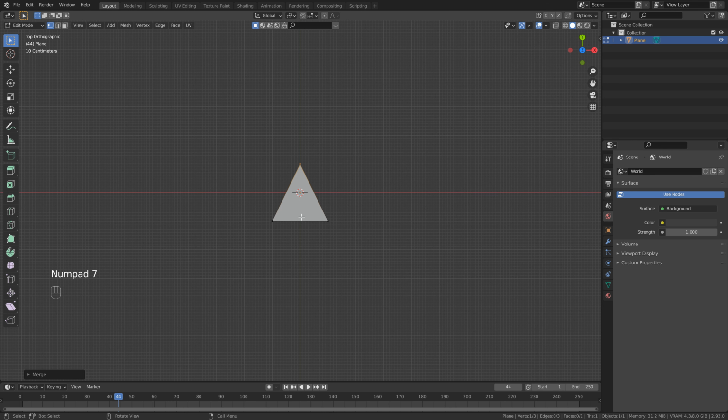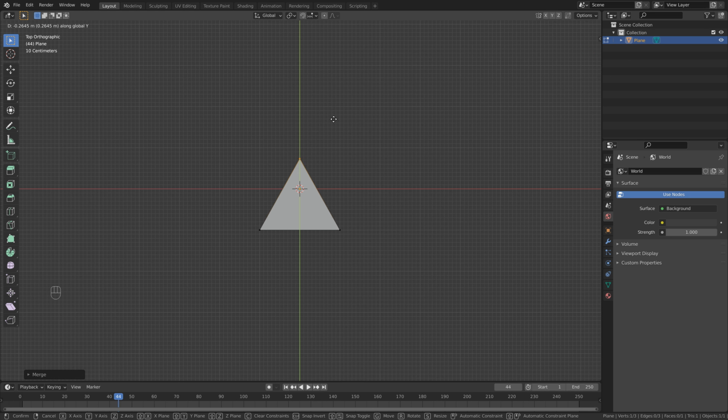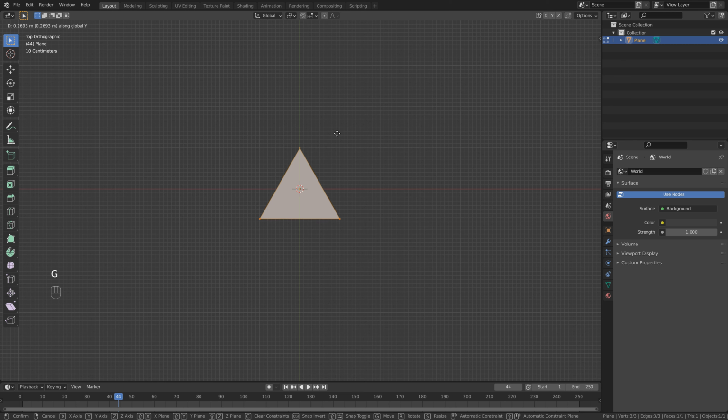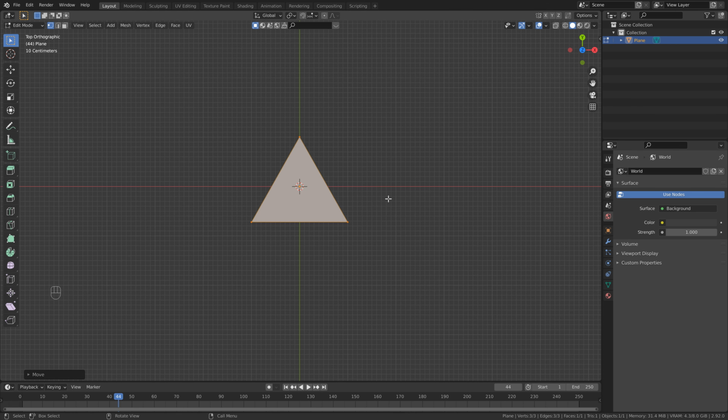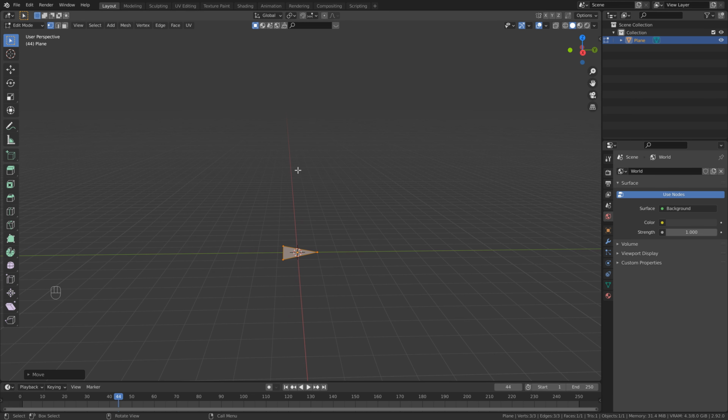Next hit 7 to go into top orthographic view. I'm just going to hit G to move and Y and then just bring this vertice down just a little bit. Let's hit A to select everything, G, Y, and we'll just bring this up till it's a bit more centered. It doesn't need to be perfect. Then let's just zoom out a little bit and we can extrude this face, so let's hit E and type